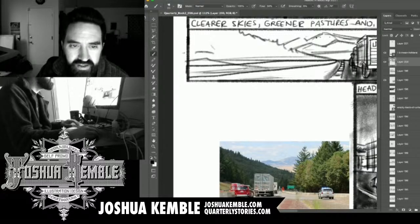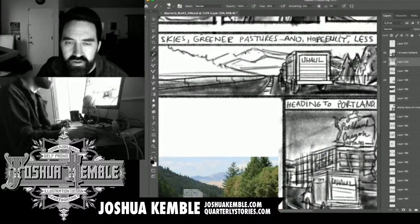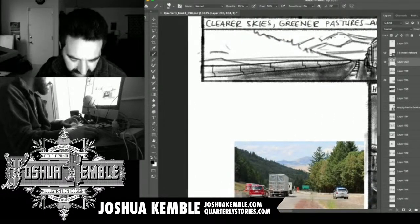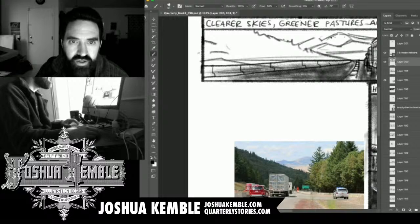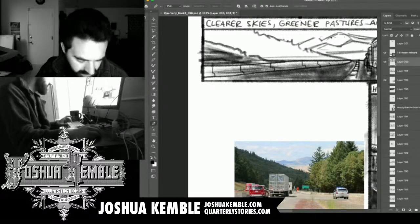That's going to be the median. Do a little bit of detail lines just to give a sense of that being the median. This is going to be dark. And then this will have a little bit going on down here. It's kind of fun doing a wide shot. Okay, so then we're going to have, oh,